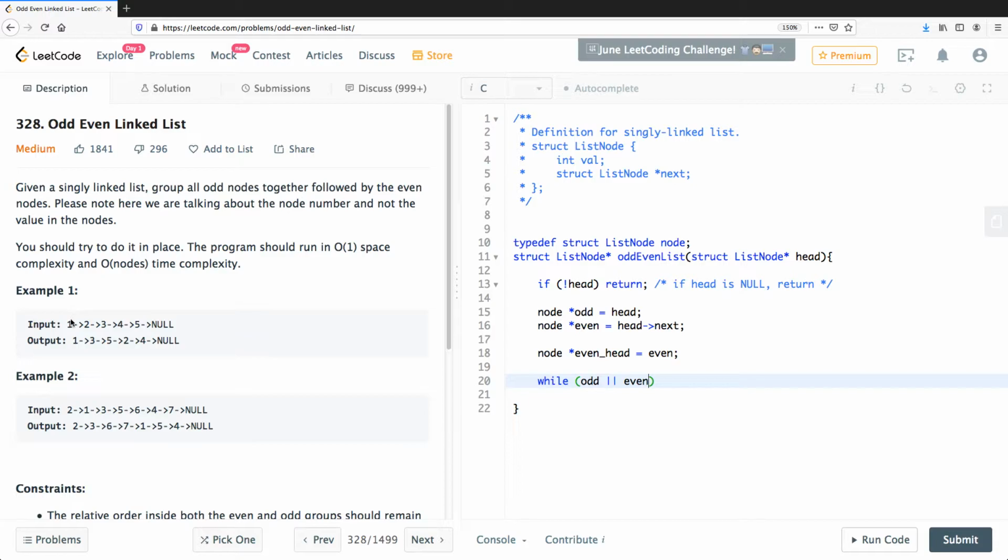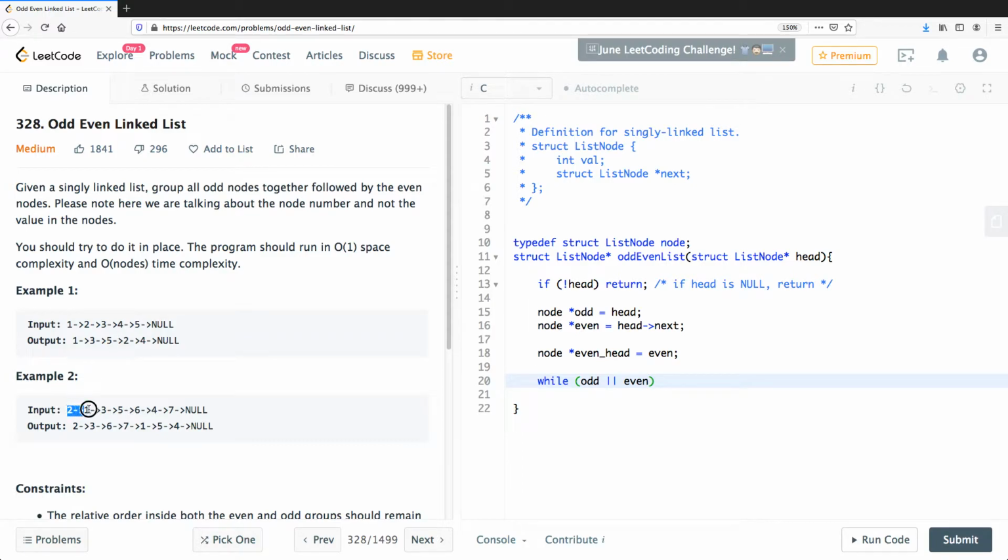Now odd will skip the even node next to it and point to the next odd, and even would do the same. So as long as odd and even are valid pointers, we are in shape. But there are two possibilities. One possibility is that the list has an even number of elements. If you continue to do that, you would see just before they run into the null pointer, odd will be pointing at